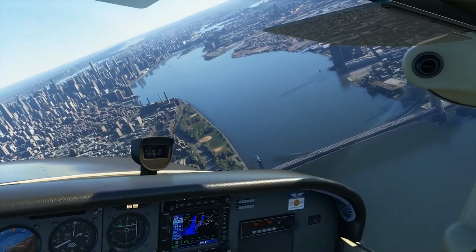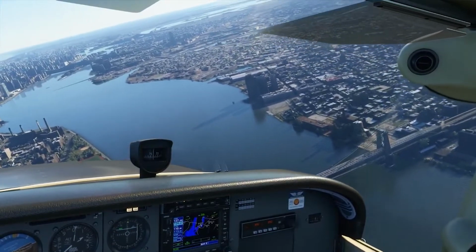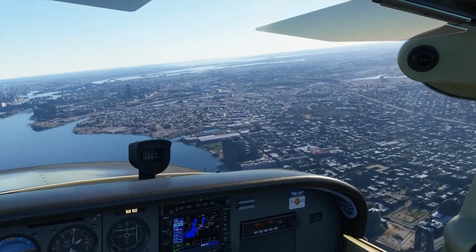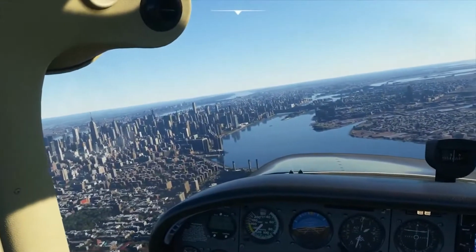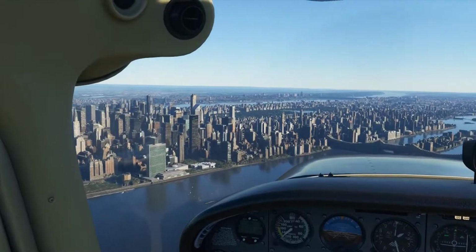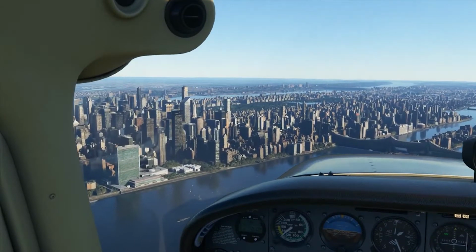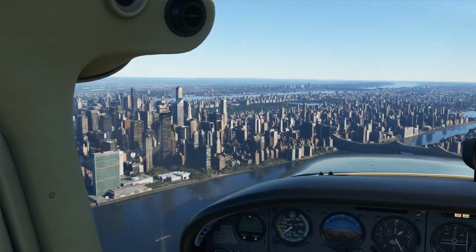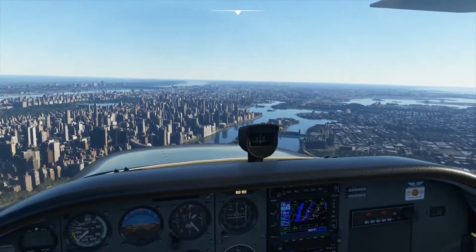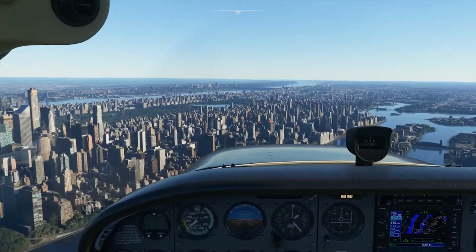There's a bridge there. I believe that is Williamsburg Bridge. Yes, that's Williamsburg Bridge. It connects Manhattan to Williamsburg, Brooklyn. That's Brooklyn, and that's the East River that you're looking at. On the right is Williamsburg, Brooklyn. Now there's the UN. You can see the United Nations on the left part of the screen, right there on the river. And you can see the Citibank Building. There's Roosevelt Island right in the middle of the East River,